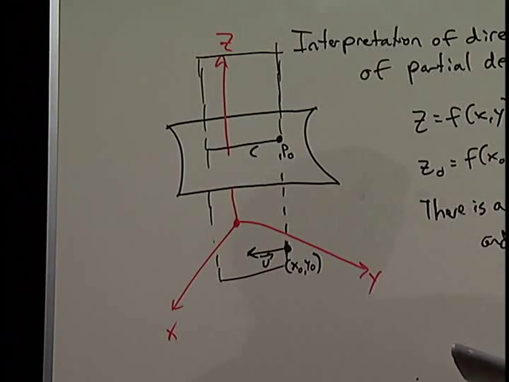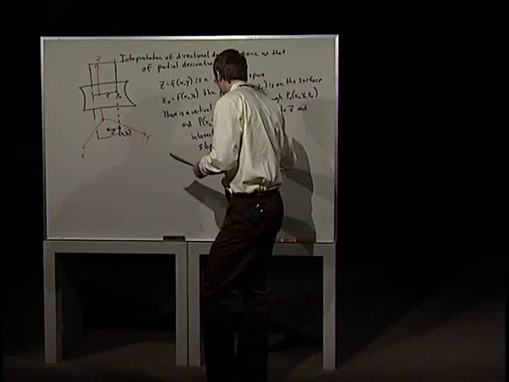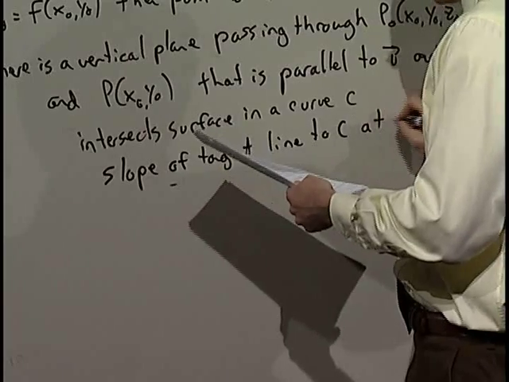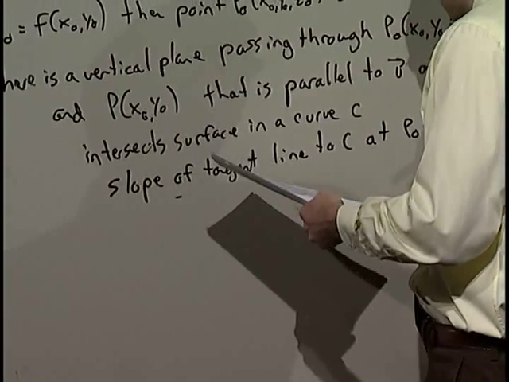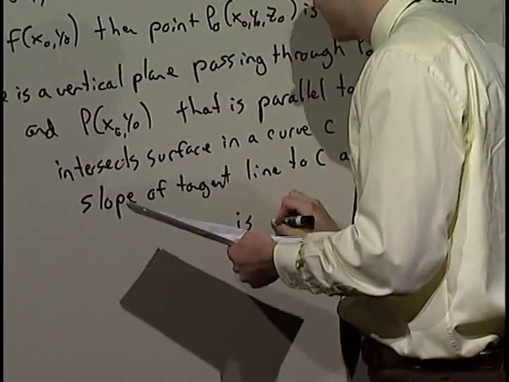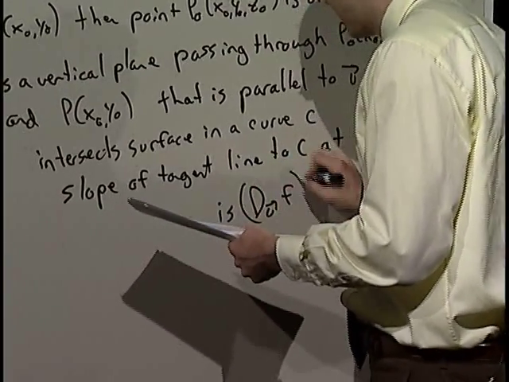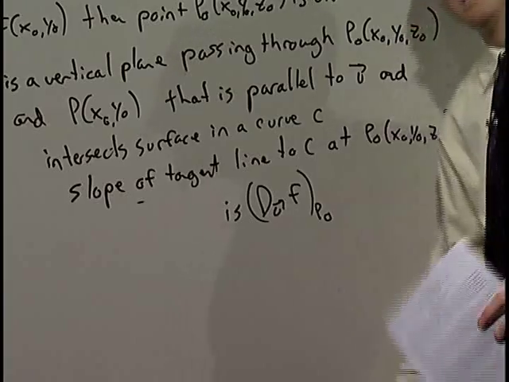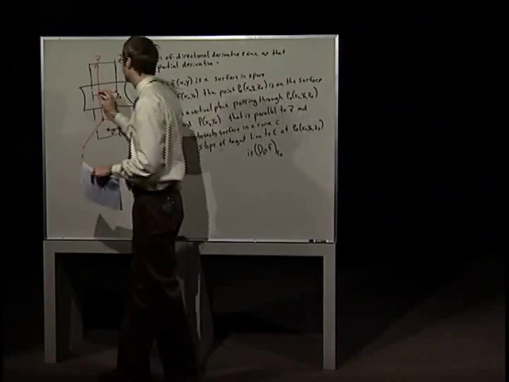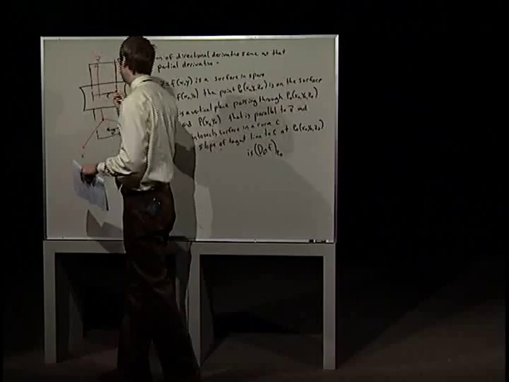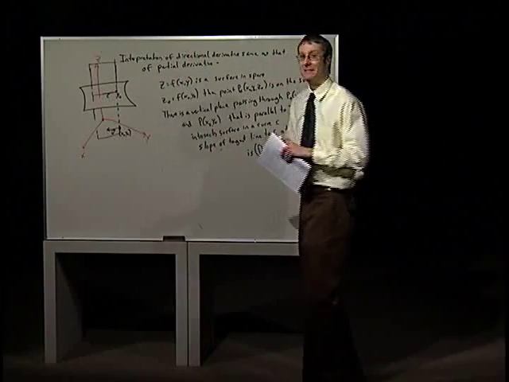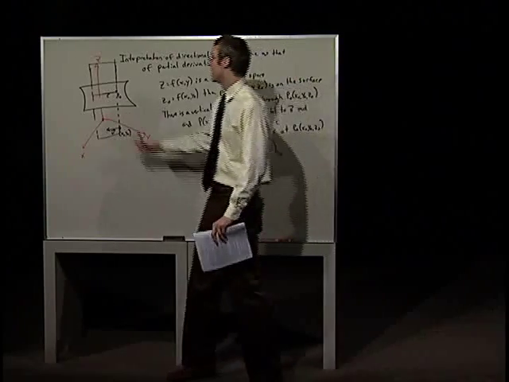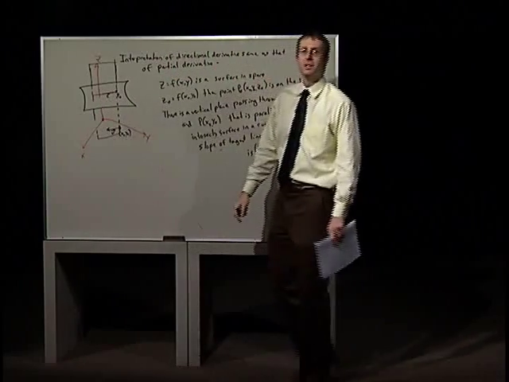And so the slope of the tangent line to C at P naught, (x naught, y naught, z naught), is the directional derivative D_u f at P naught, right? So it looks like my curve is a straight line, so my tangent will be horizontal. Maybe my slope is 0, but that's okay. Life goes on if that's true. But the fact is that whatever the tangent line to my curve here is, its slope is the directional derivative,